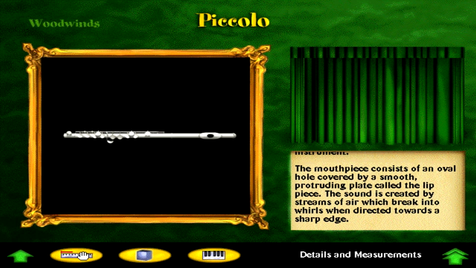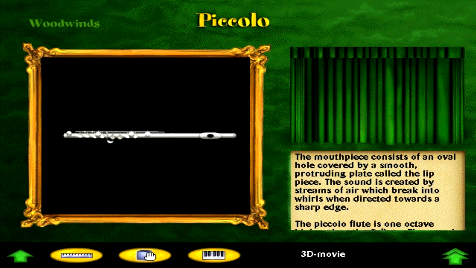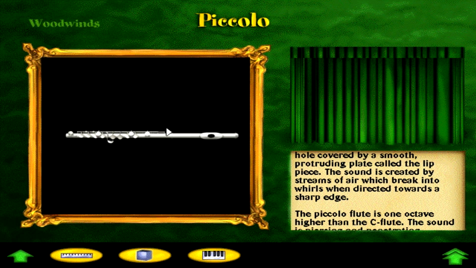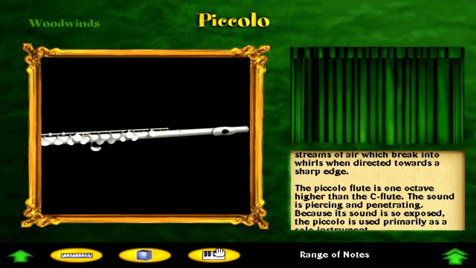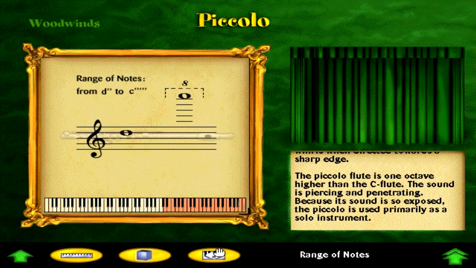The mouthpiece consists of an oval hole covered by a smooth, protruding plate called the lip piece. The sound is created by streams of air, which break into whirls when directed towards a sharp edge. The piccolo flute is 1 octave higher than the C flute. The sound is piercing and penetrating. Because its sound is so exposed,